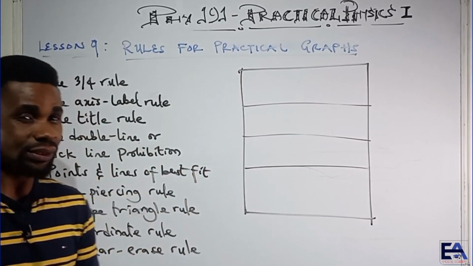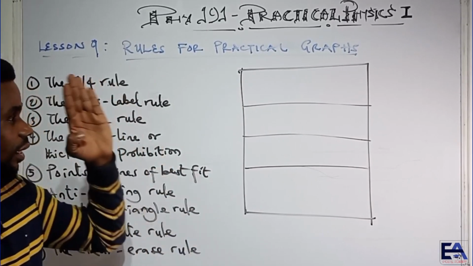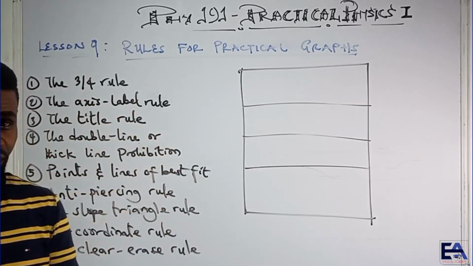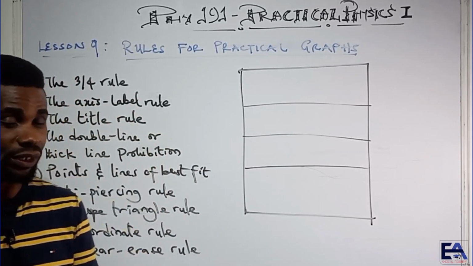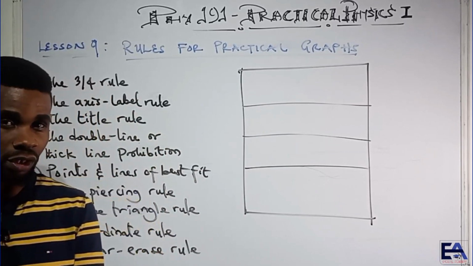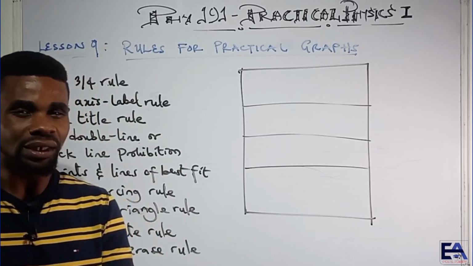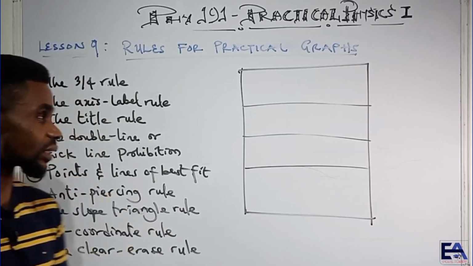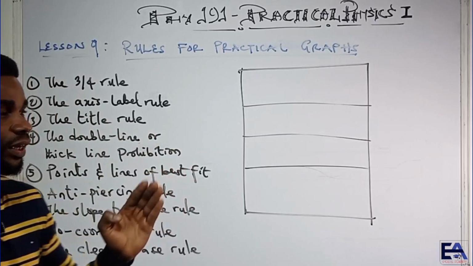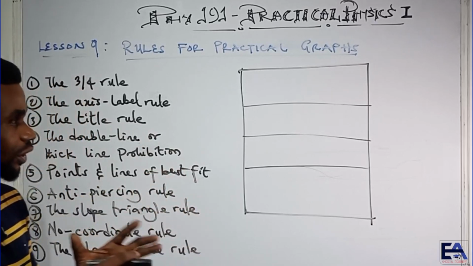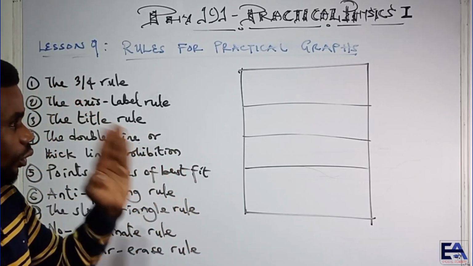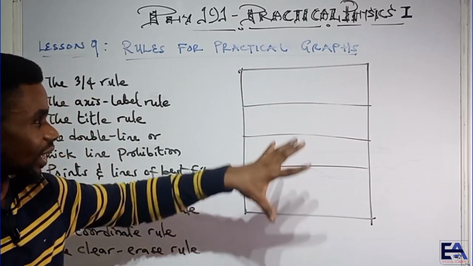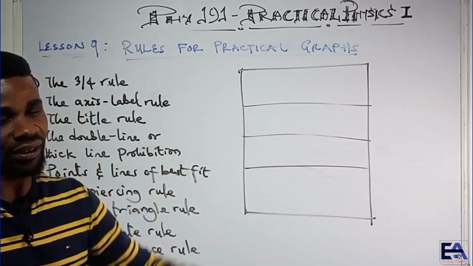The basic thing is that every one of your physics graphs, by the time you finish performing your experiment and taking down the records, it is extremely important that your physics graph should be magnified in such a way that it contains at least 3/4 of